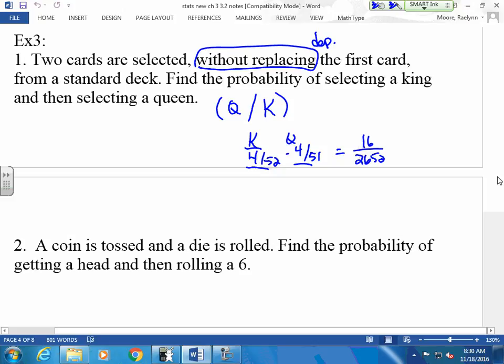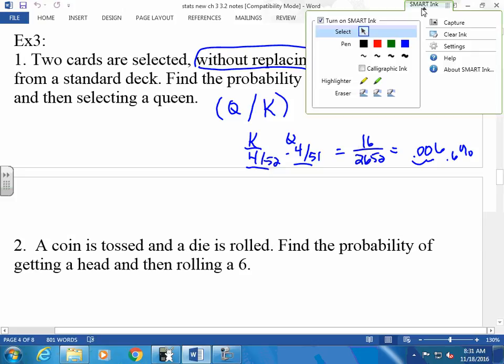You can write it like this: the probability of getting a king and a queen. And you've got to tell them it's with replacement or without replacement. Okay, without replacing it. Rather than reduce it to a reduced fraction, I like to reduce it down to decimals. You can see that's really small, but this is even smaller. It's less than a 1% chance that this is going to happen. If you play cards, these are the probabilities to look at.